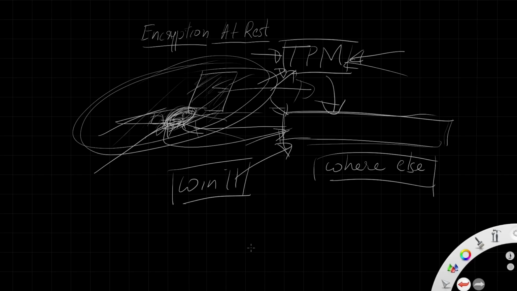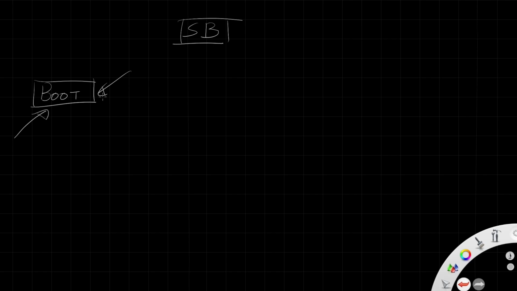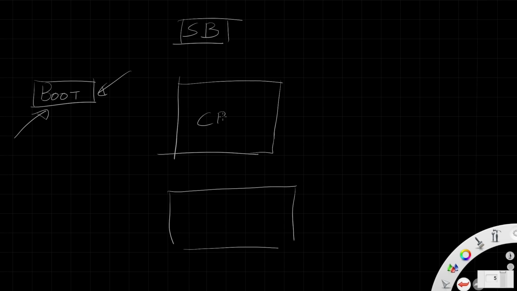So I'll quickly discuss secure boot now that we are discussing TPM. TPM is used for another purpose, which is secure boot. Boot is the process of starting a computer. When you press the power button of a computer, your laptop or your server, what happens is called the boot sequence, booting the machine. So what's going on behind the scenes is that you have your CPU and your computer memory, so CPU and memory, and then disk and other devices. Disk is what matters here.